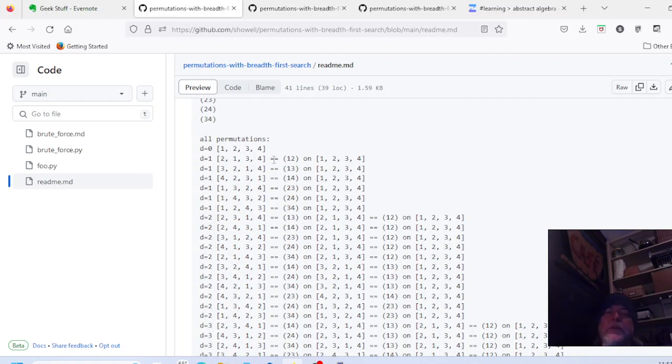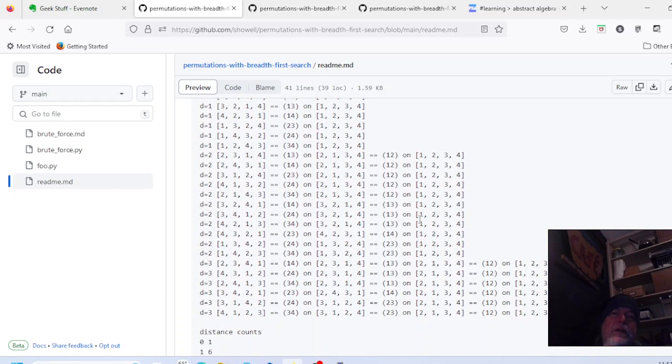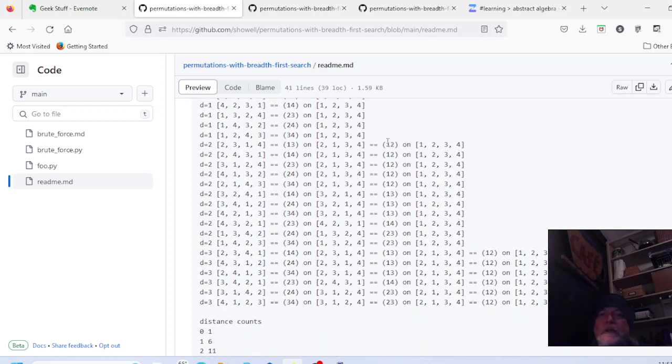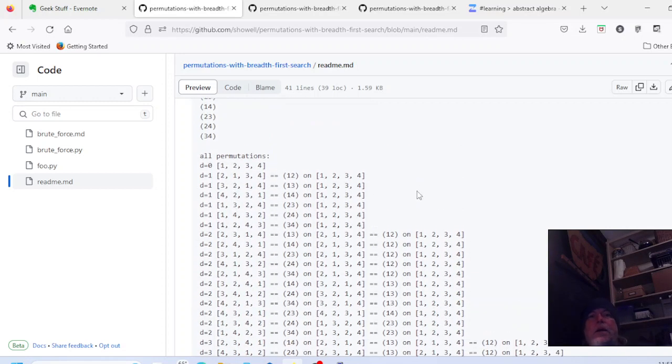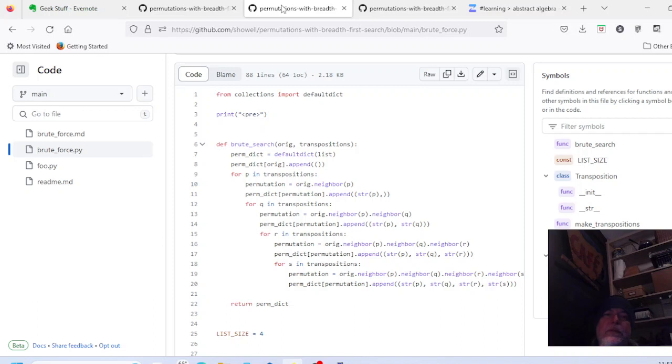Basically, I started with the first permutation, generated all of its neighbors, and then once I had these other 6 permutations, I generated their nearby neighbors using these transpositions, like switching 1 and 2, or down here switching 1 and 3. But in this video, I'm going to explore the concept that we do more of a brute force approach. And this is going to lead to a pretty important observation that I'm going to leave you hanging on. But in our brute search implementation of finding permutations, we're going to have these transpositions